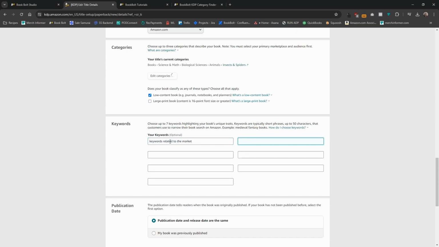Essentially, okay, so boxes 1 and 2: who is the buyer for this type of book? Keywords related to the market. This is where I like to put in keyword boxes 1 and 2. Again, they can be phrases, or keyword, keyword, keyword. No punctuation is needed, but go through the research and figure out what the keywords related to this specific market are. If it's your very first time going through this and you want a little bit more information,